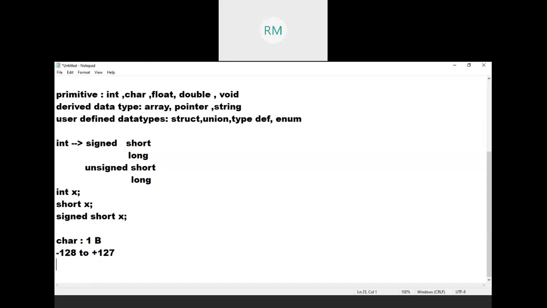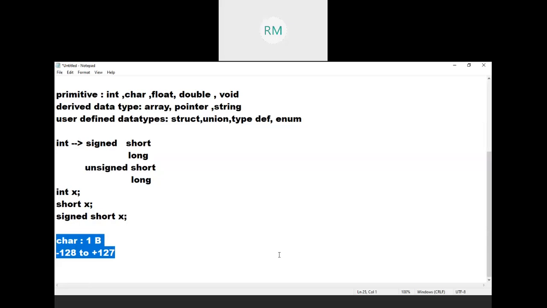ASCII values: for every character, we have some fixed integer values which are called ASCII values. Those are fixed. Internally, these characters are represented as numbers. Here, for char we have two types: one is signed char, second one is unsigned char. Then you may get some doubt: sir, characters are internally represented as integers, and those are ASCII values, but ASCII values are only positive values, 0 to 255. So all ASCII values are in the range from 0 to 255.